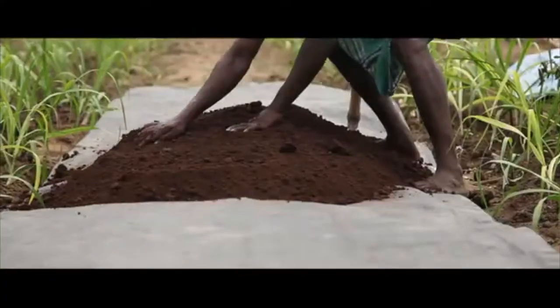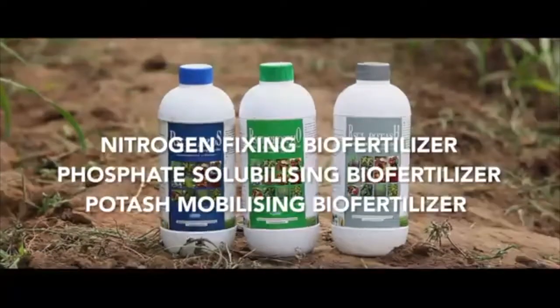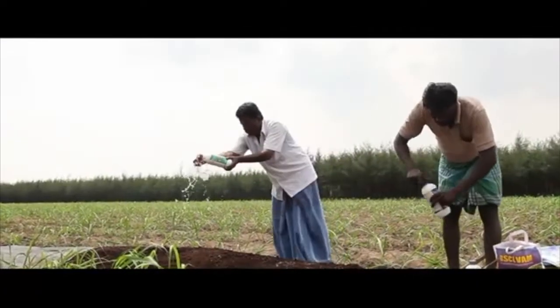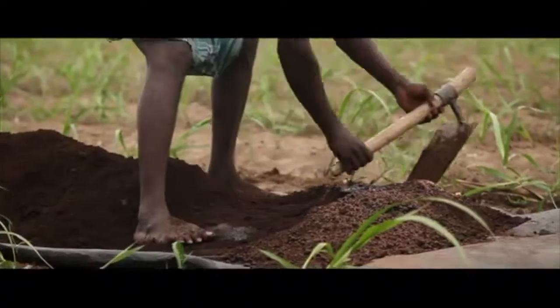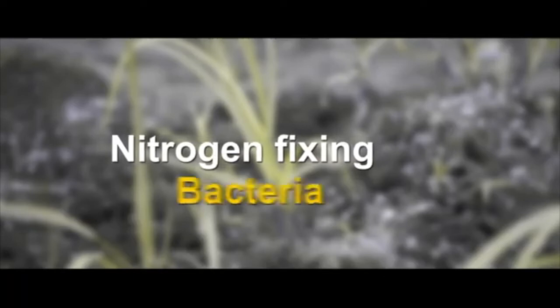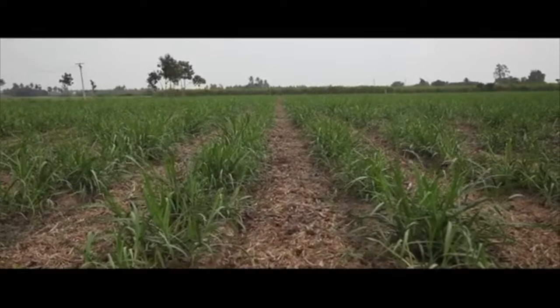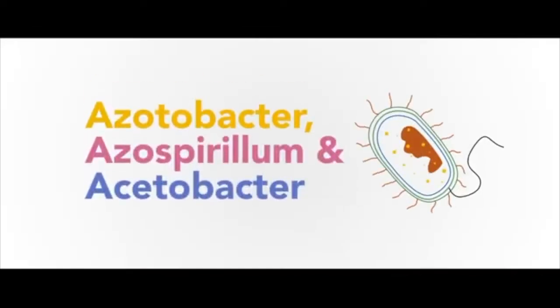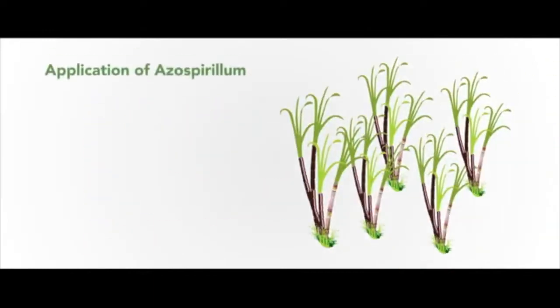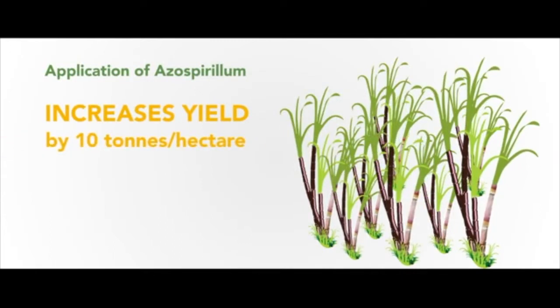Biofertilizers can be applied as a supplemental source of nutrients. Among the various microorganisms, the nitrogen-fixing and phosphate-solubilizing bacteria are significant as they can meet part of the fertilizer need. The nitrogen-fixing bacteria found effective for the sugarcane crop include Azotobacter, Azospirillum and Acetobacter. Application of Azospirillum was found to increase the sugarcane yield by about 10 tons per hectare with 25% saving in